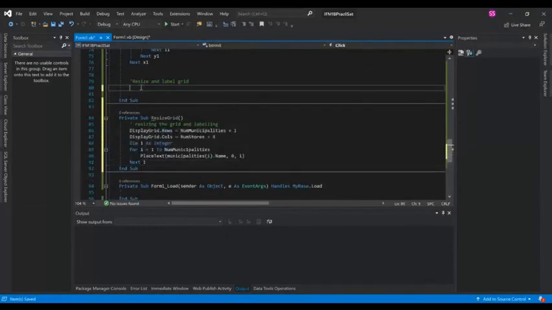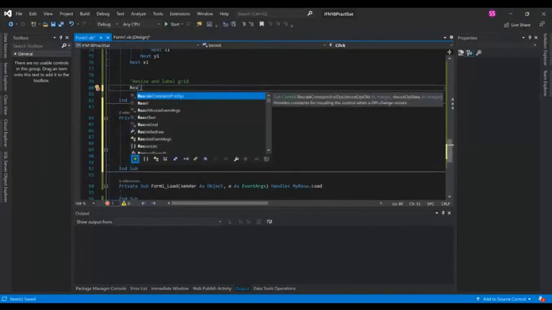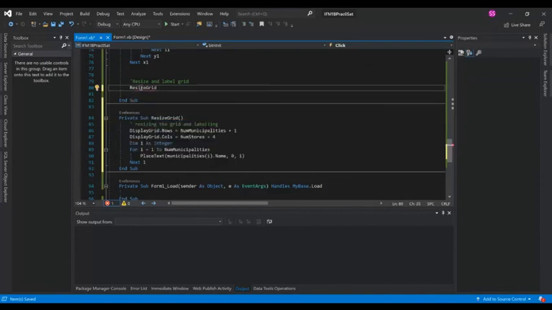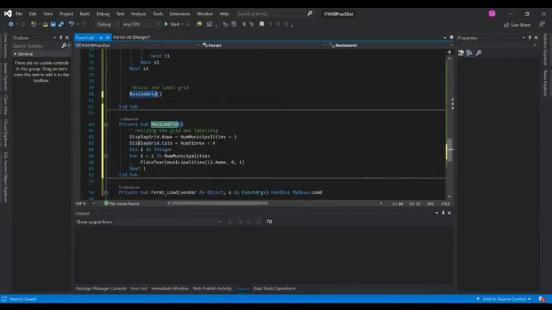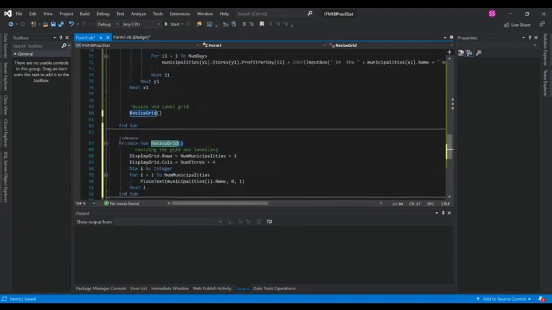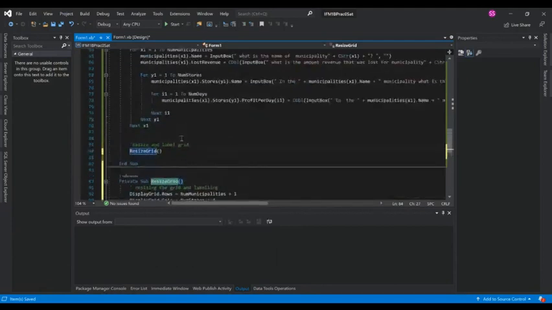You just call it. Say resize grid like that, and then we know to double click there, right click and say show definition, go to definition, and then it takes us right there, so we know where to go. Right, makes it a bit easier for us